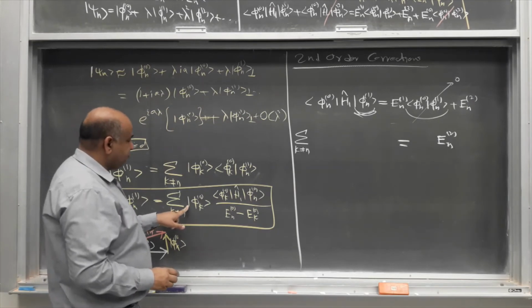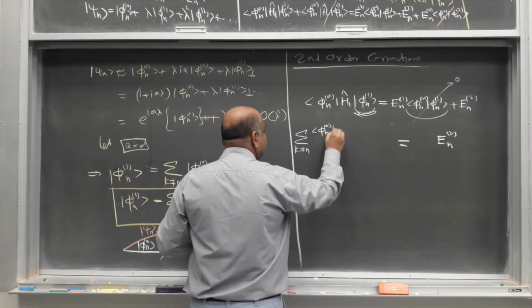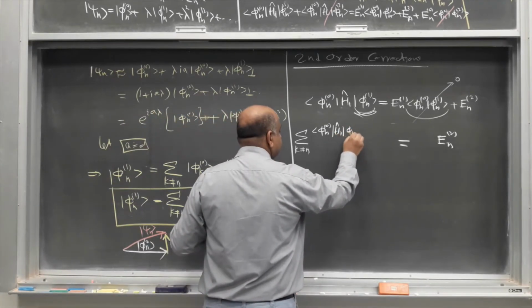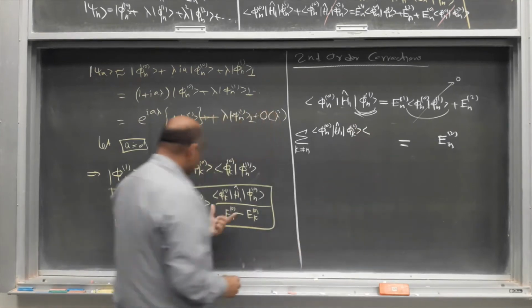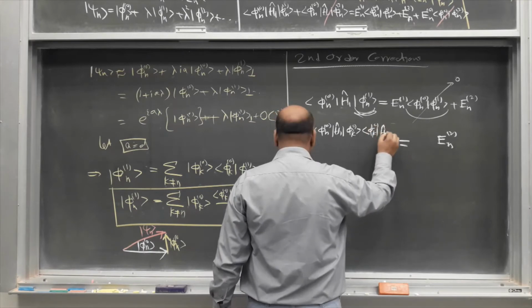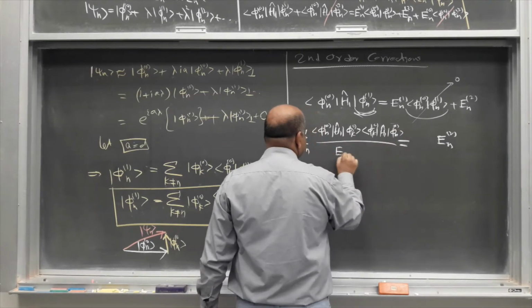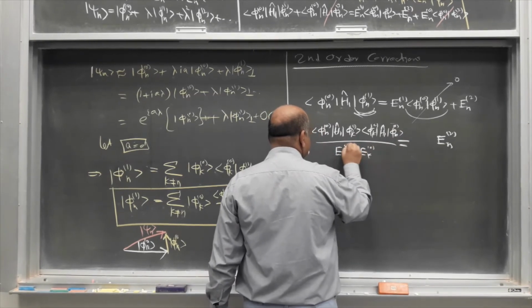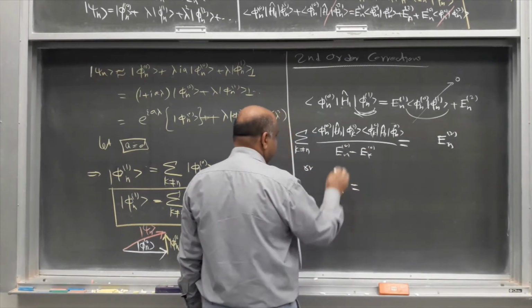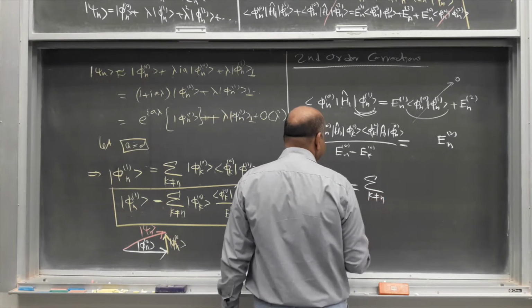So phi n0 operates here. This phi n0 h1 operates on this phi k0, and this term is there, phi k0 h1 phi n0 over En minus Ek. Or this means that En2 is, so this is the conjugate of this, so I get sum over all terms except k equal to